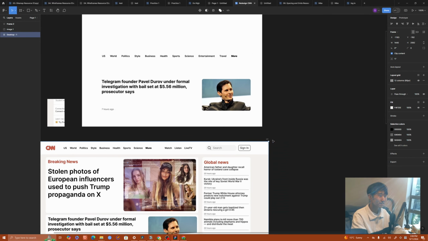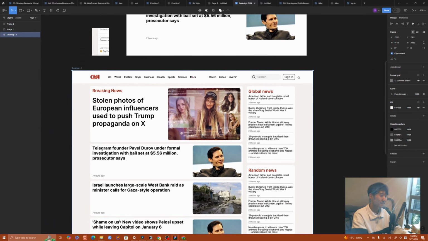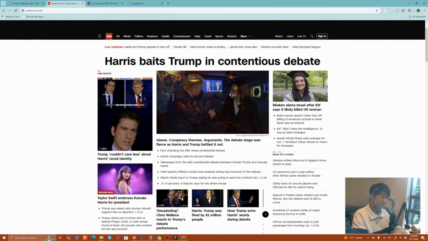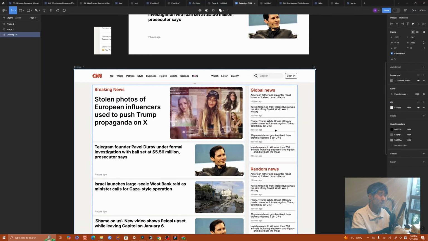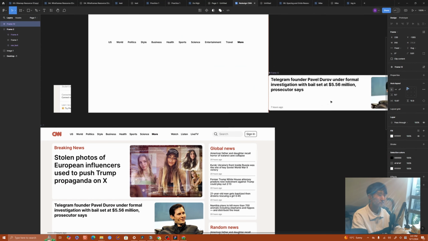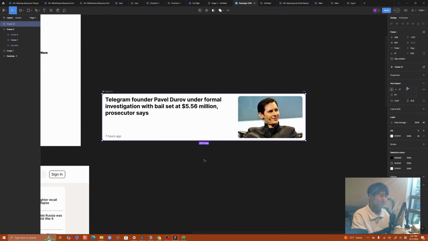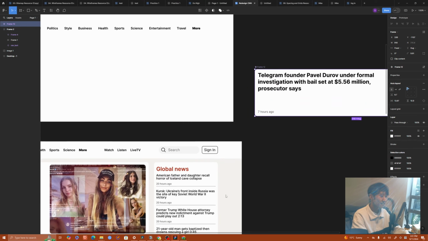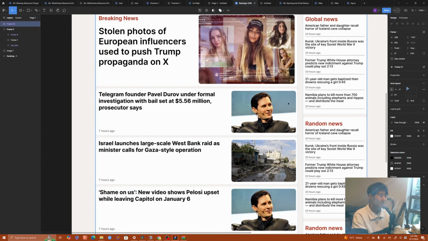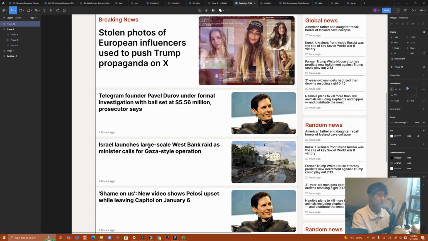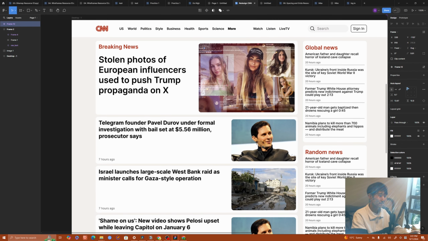The one thing I tried to do, as I've said, is that readability is the key. You can't read anything here. So I put every piece of content in an individual container, making users actually focus on one thing. And I added an image for each news item, so it does take more space, but it's better than just